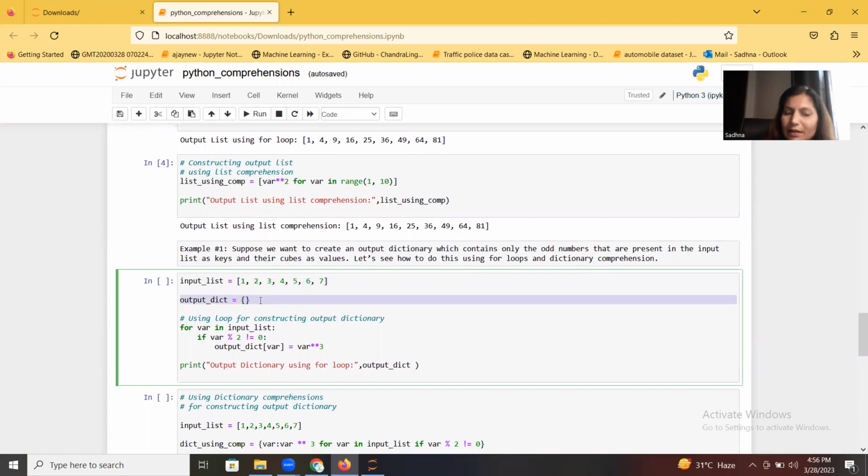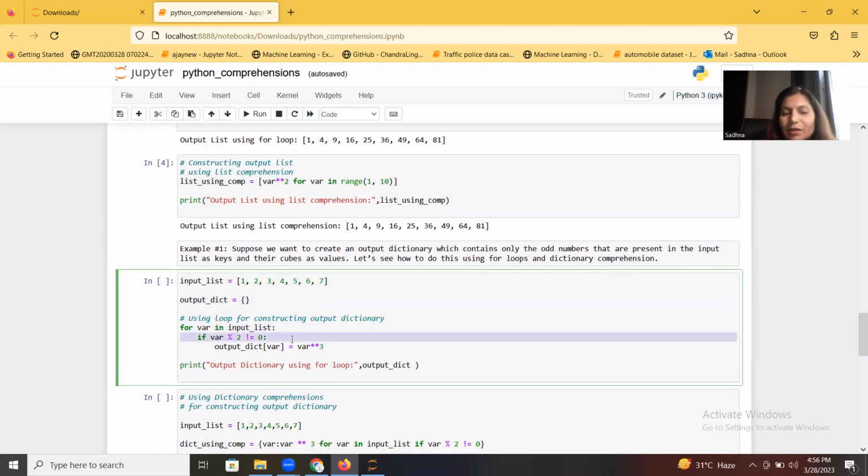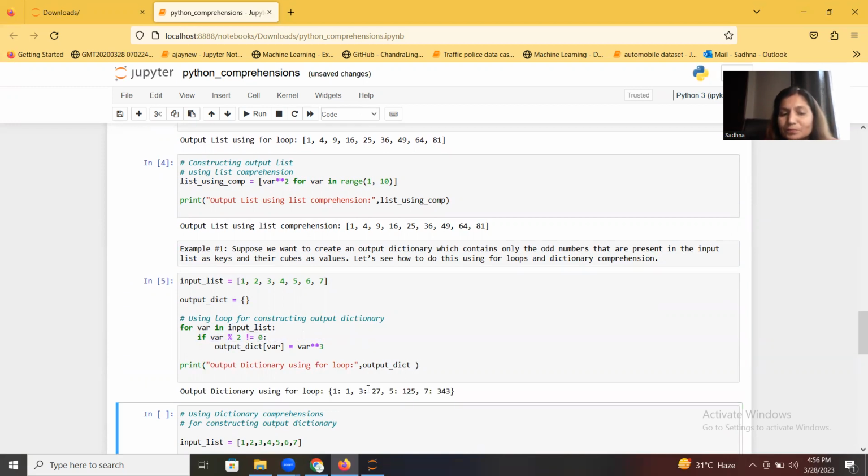So the output dictionary is an already initiated empty dictionary, and then I applied a for loop on the input list. I check all the variables where the modulo operator 2 is not equal to 0, then I take all the variables and cube them, and then I need to print that output dictionary. So once you run it, you will see that for each